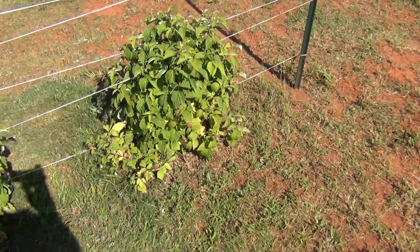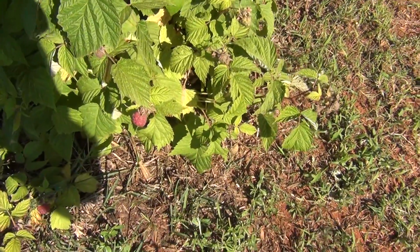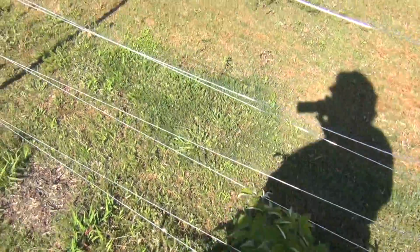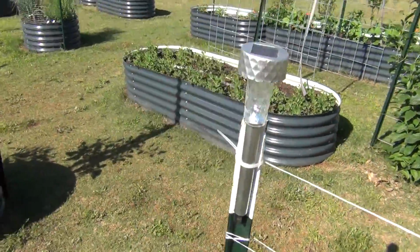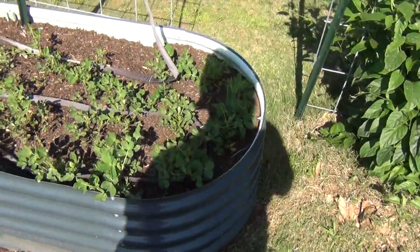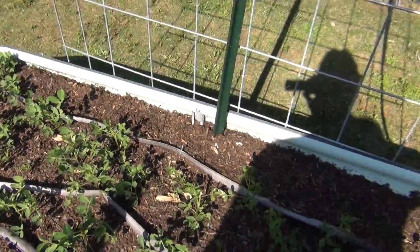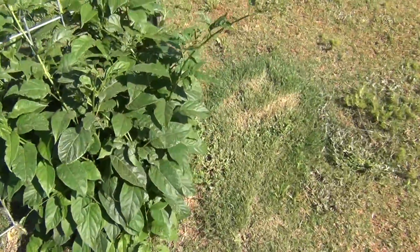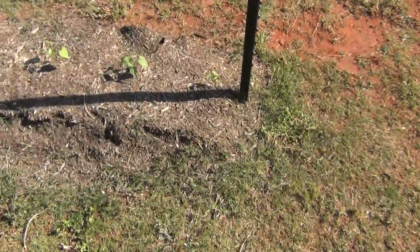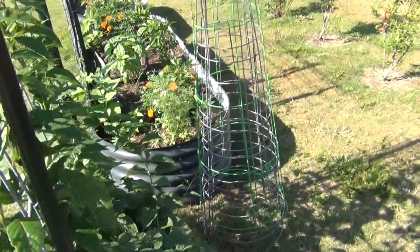Pomegranate. Not sure if you can see this. We are getting some raspberries. Not many, a couple. But we didn't get any last year. Here we have our peanuts, which seem to be doing fine. And our hardy kiwi. Some morning glories yet to come up. Hardy kiwi,